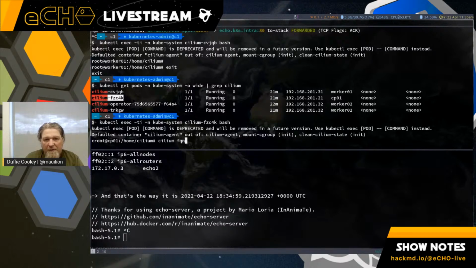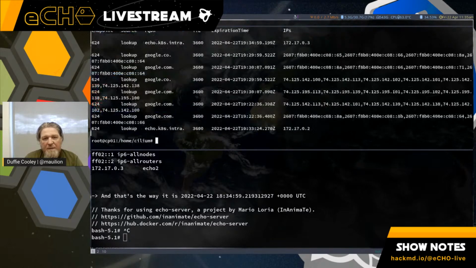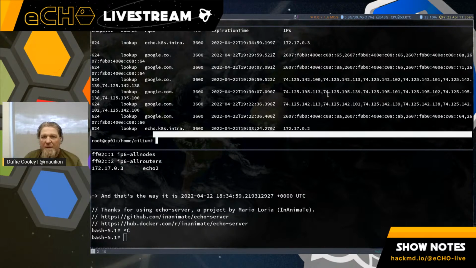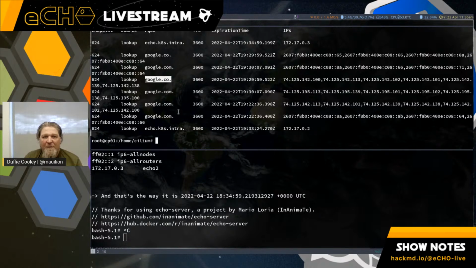Cilium FQDN cache list. You can see all kinds of records. Let's see, 172.17.0.3 and 172.17.0.2. Then we can see our DNS lookups. We did google.co, we did google.com. We can see that we're seeing multiple entries for the list.